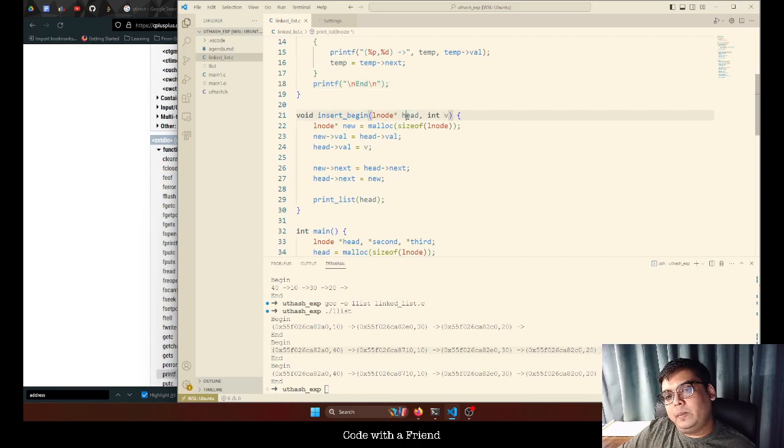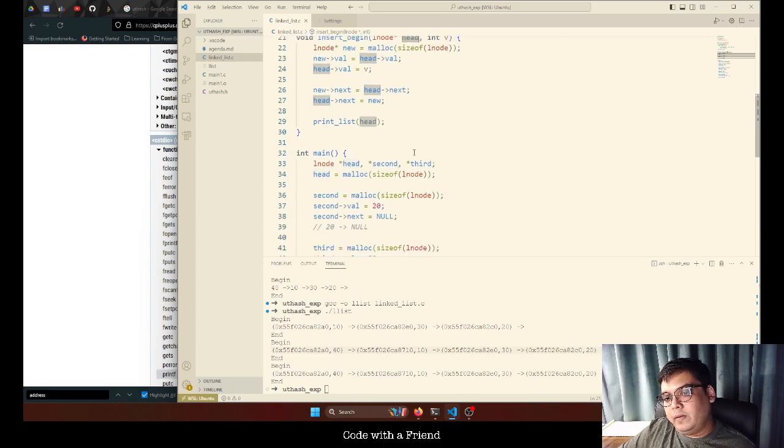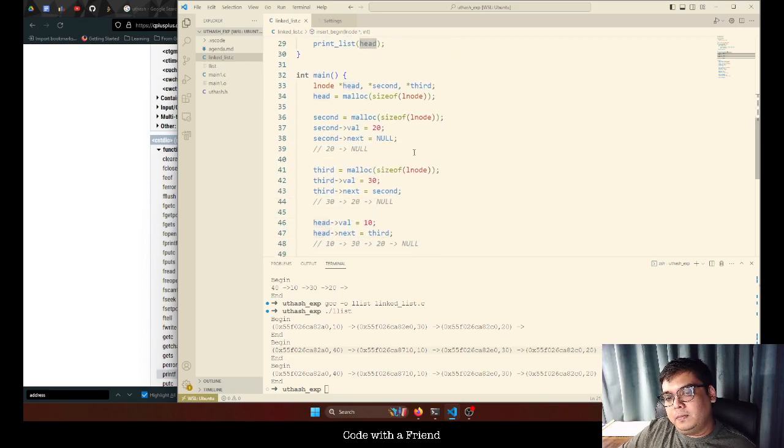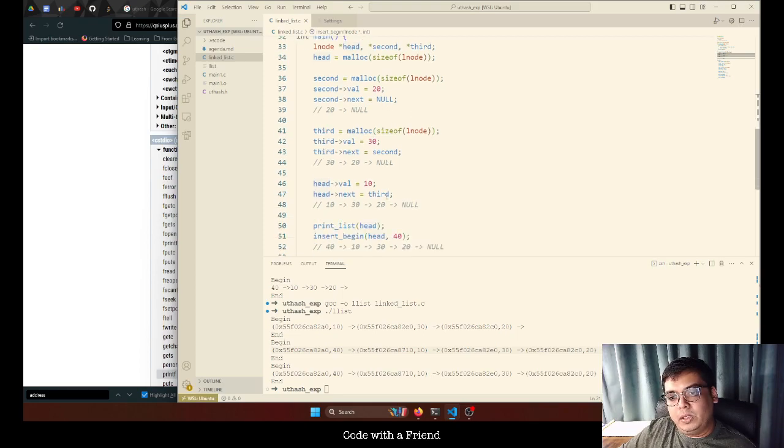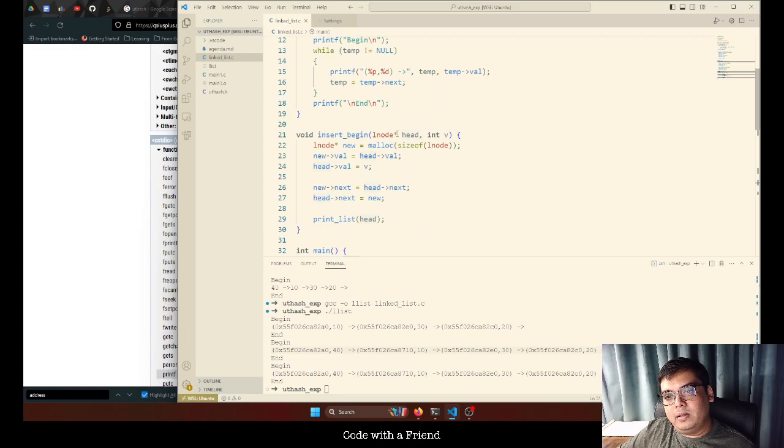We can change this implementation by, instead of just passing in head itself, modifying the pointer that head is pointing to. So what we can do is pass the address of head. Whenever we pass the address of head, this becomes a pointer to a pointer. So essentially